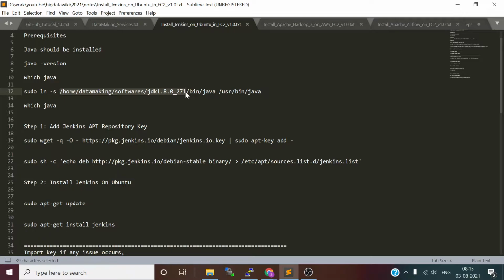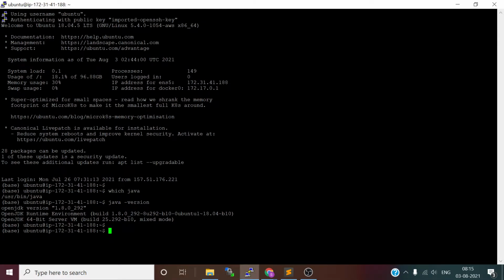So it should be like this. If the symbolic link is not created for this location, you need to run this command: sudo ln -s, followed by your Java interpreter or Java utility, and then /usr/bin/java. If you run this, then when you run a command like which java, you will get this symbolic link.